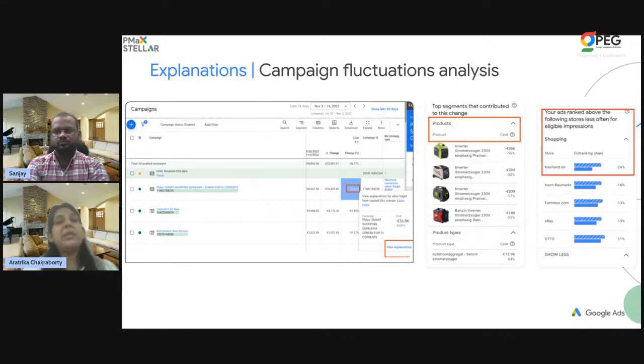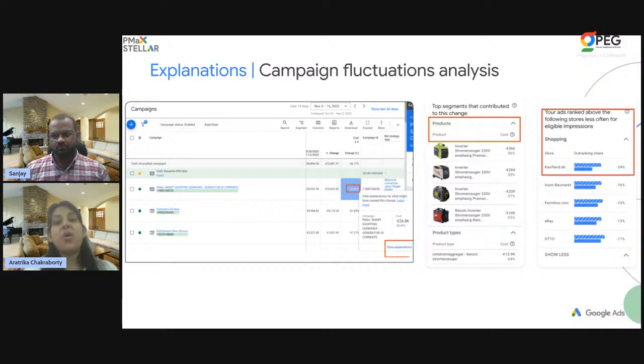It could be a decrease in conversions, or anything that you see, and you can see a change in the particular column that you have here, the change percentage. Now the first question that comes to us is, why has this changed? Why has this gone down? If this is a negative change, the first question that comes to our mind is, why has